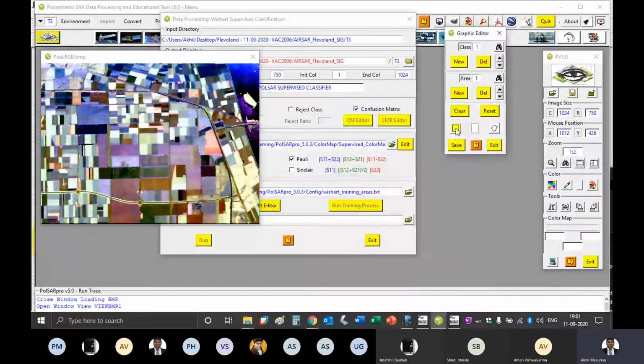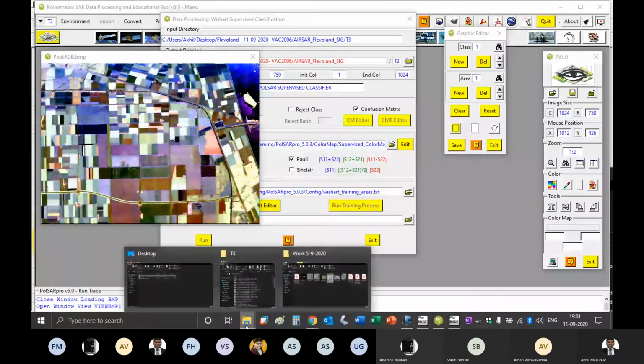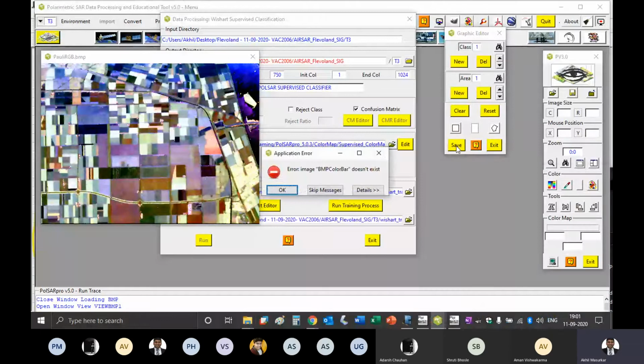So what you should do now is click on this button, rectangle selection. Again I'm getting this file and just say save. Click on this button, it should become yellow, and then directly say save.